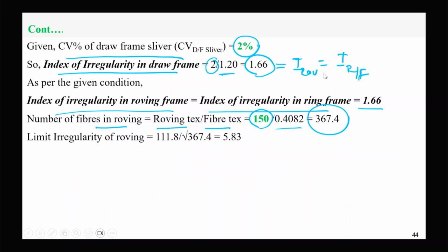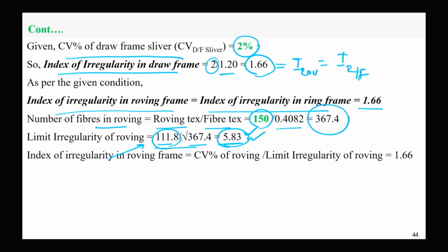So the limit irregularity of roving is this relationship we have got from the diameter variability, 111.8 divided by the square root of the number of fibers in the cross section. So the limit irregularity is 5.83. This same relationship will be valid because we are using the same fiber: 111.8 by the square root of the number of fibers. So limit irregularity is calculated, and then